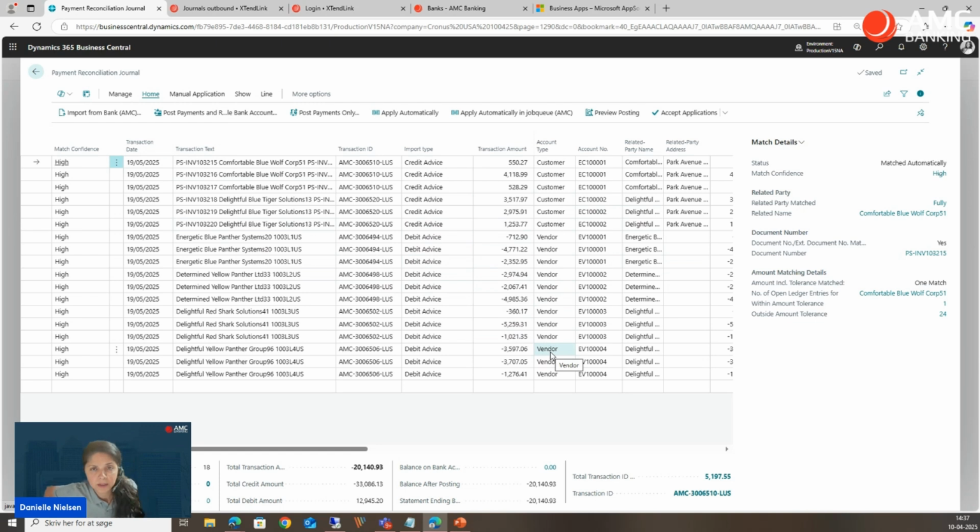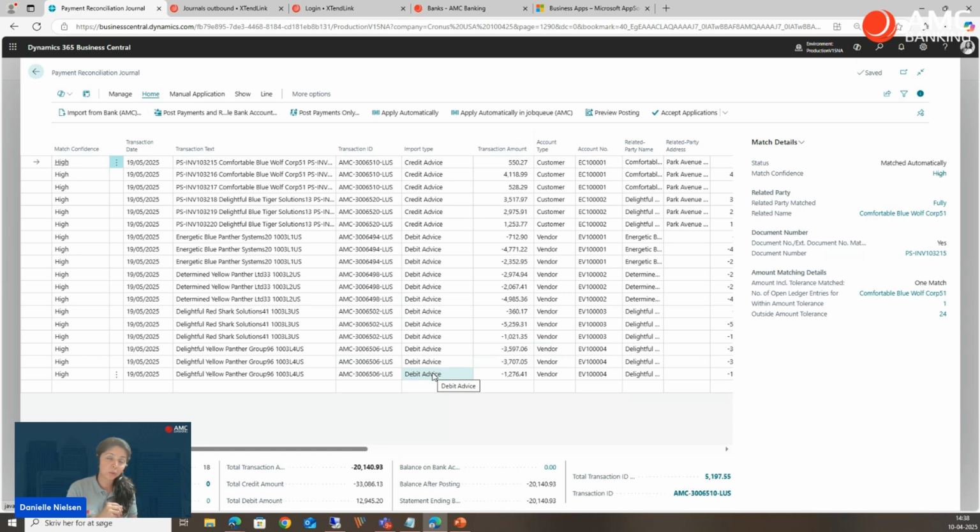How will the system match these payments? The payments that you sent to your vendors, the payments that we sent from the payment journal, sorry, will be matched based on a reference that we send to the bank. So every time that we make a payment in the payment journal, we send to the bank in the file a unique ID, and the bank normally sends this reference back, and this is how we match the payments that you send. Even though you deleted, remember that I told you, delete the lines